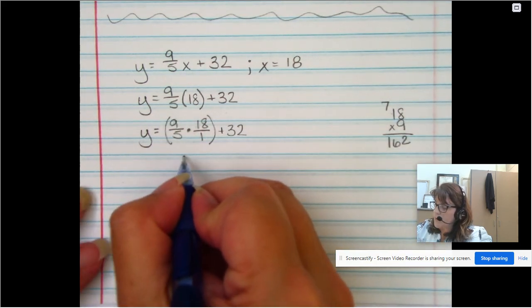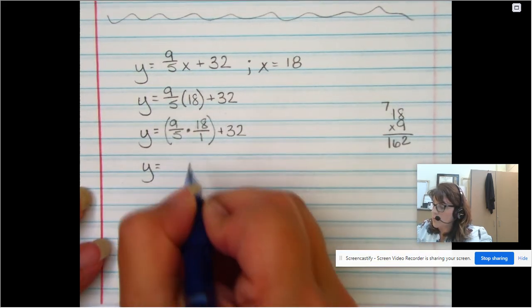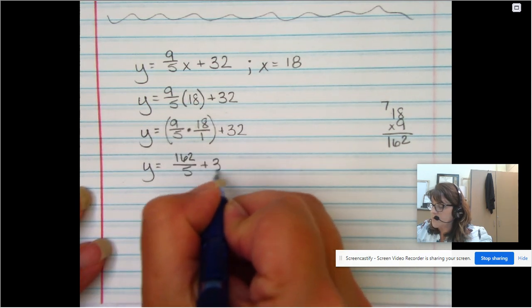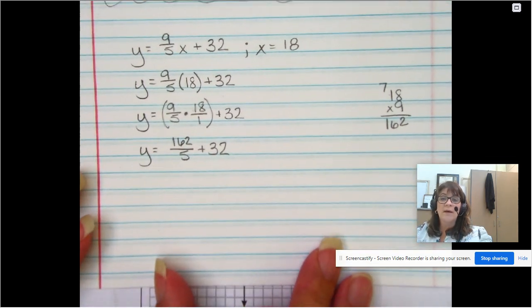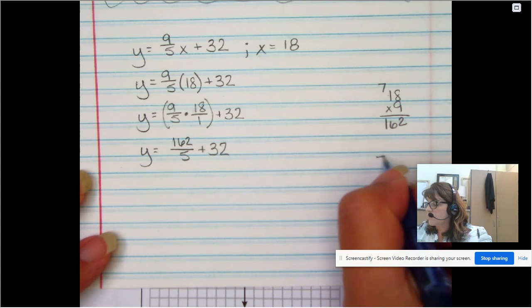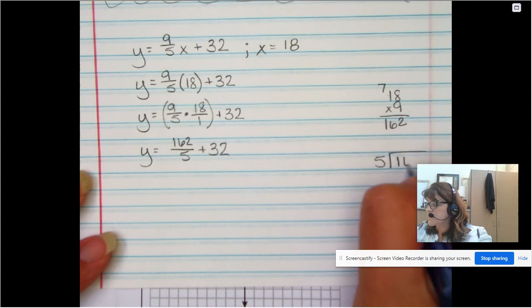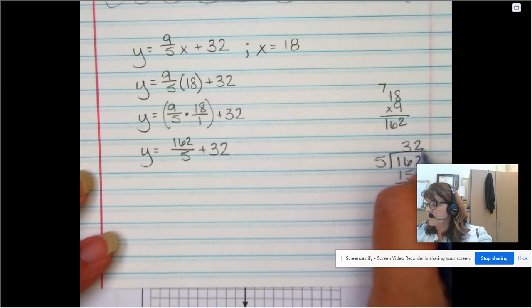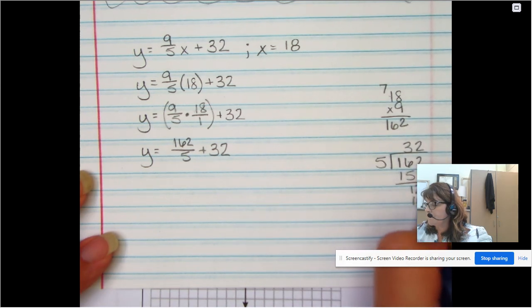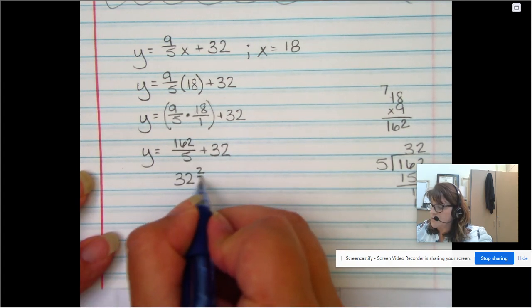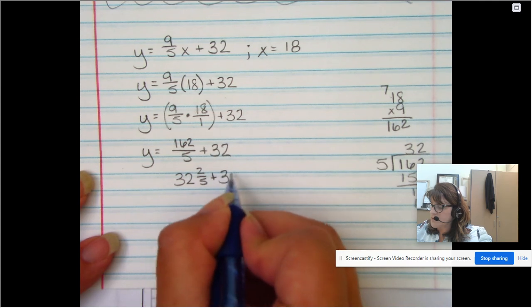Okay? So now I have y equals 162 over 5 plus 32. Now you know why we've done some practice with fractions. 5 goes into 162, 3. That'll be 15. 12. That'll be 2. And 2/5 times. So this is 32 and 2/5 plus 32,